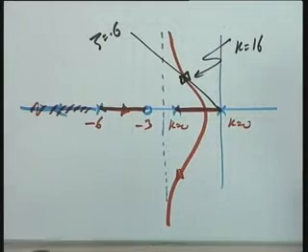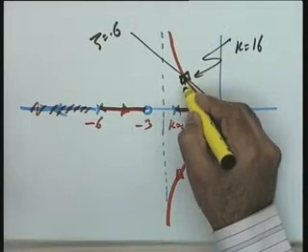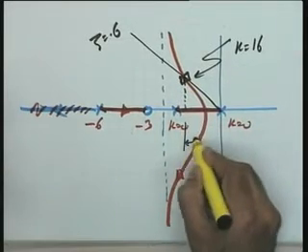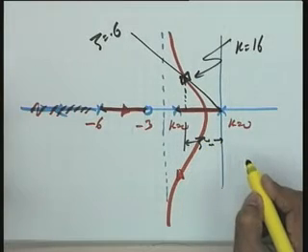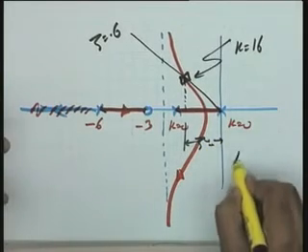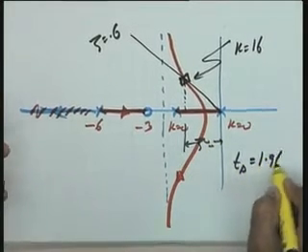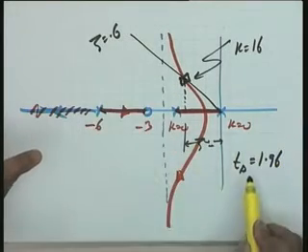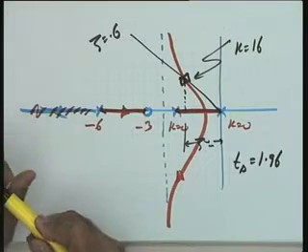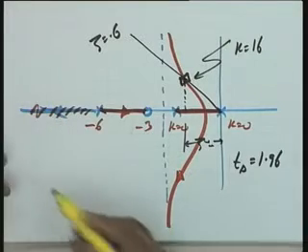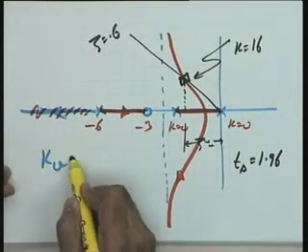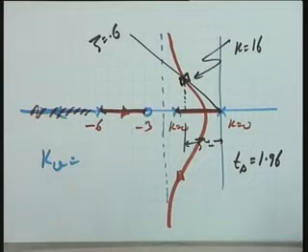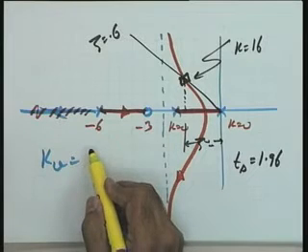The corresponding Ka can be calculated, and this is your zeta omega n, and hence the settling time can be calculated. As per the calculation with me, the settling time is 1.96. Zeta is equal to 0.6, settling time 1.96. Let me look at the steady state accuracy requirement. Kv equal to how much, please? Help me. For k equal to 16, Kv will be equal to 16 by 12.